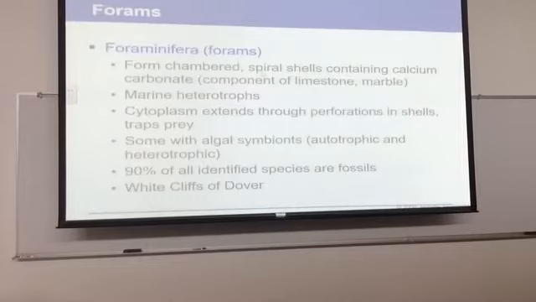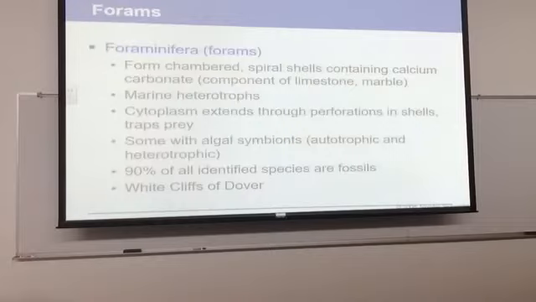That's back a slide. So radiolarians and Foraminifera, also called forams. Same type of thing. Marine heterotrophs. It talks about how they will shoot through those perforations in their shell in order to catch their prey. Did I already say that they're heterotrophic? Okay, I thought I did, but then I read back over it. Where will I find these? Their component is limestone. We talked about radiolarians having a sedimentary type composition. Here we have limestone. You may also find them in marble. Some of them are symbionts with algae.